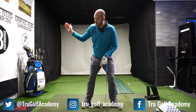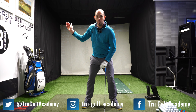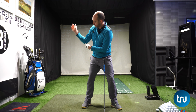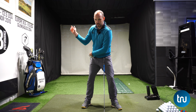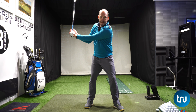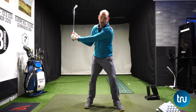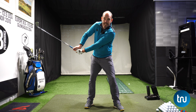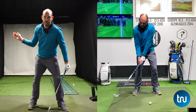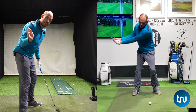I want it to stay low. So I want it to stay low, and as you can see in the downswing here, my elbow is pointing down towards around my trail hip, but also in the downswing, it's level with or below my lead arm. I don't want to see that trail arm high in this position. So we're keeping it low, we're keeping it in front of us, and it's going to be moving in front